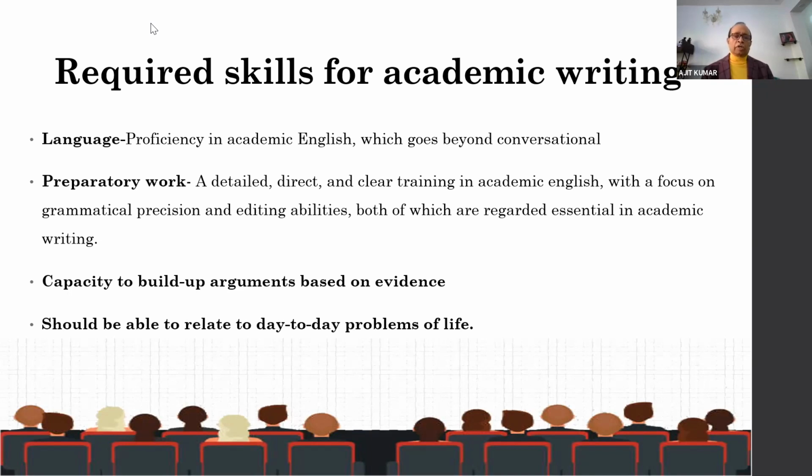scenario, in most of the cases, in research papers especially, I find that whether it is a corporate which is funding a research project, whether it is the government, or maybe international funding organizations, most of them these days are preferring to fund research projects which are related to the day-to-day problems of life. A research project which can solve some small or big problem of mankind in today's life is always given a preference in funding, and is always said to be appropriate and relevant, because most of the evaluation committees and